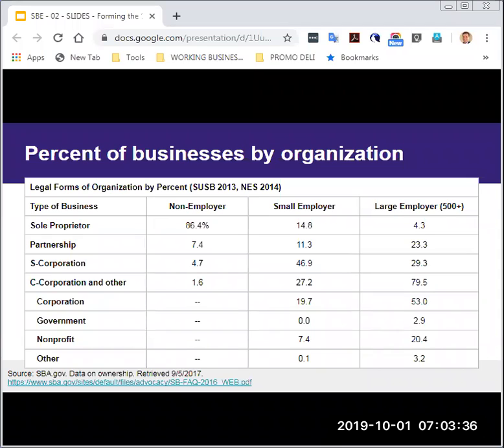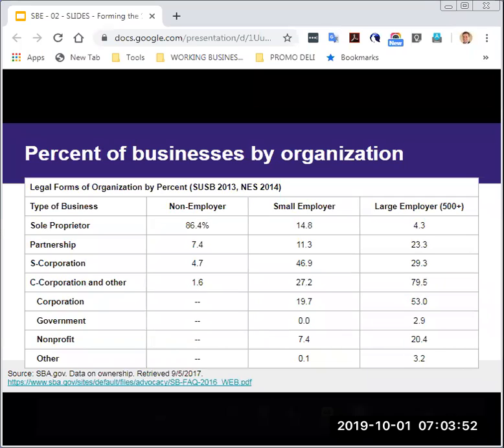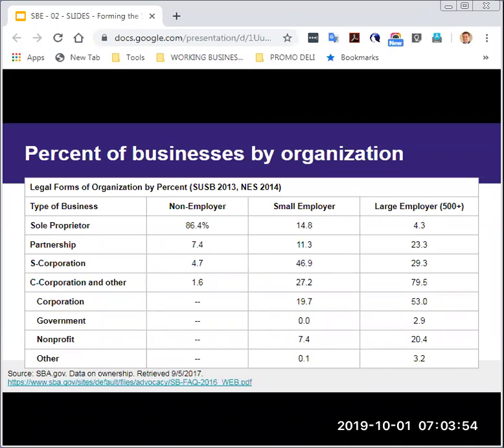So why do businesses, once they start hiring employees, change the entity type from a sole proprietor to an S corporation or C corporation or other? Oftentimes it's the issue of liability, because once a business hires their first employee, they're not only responsible for everything that they do for their business, but the company is responsible for everything the employee does as well when acting under the scope of authority of that employee.